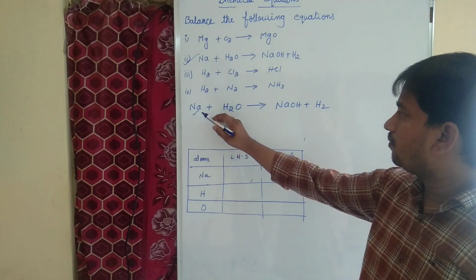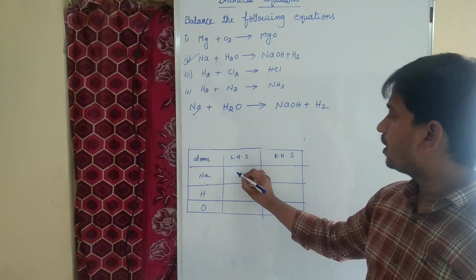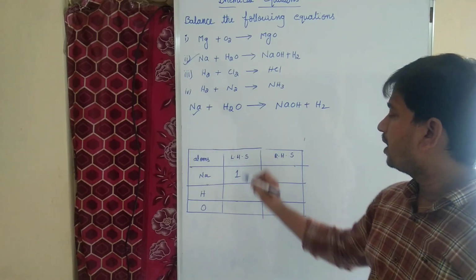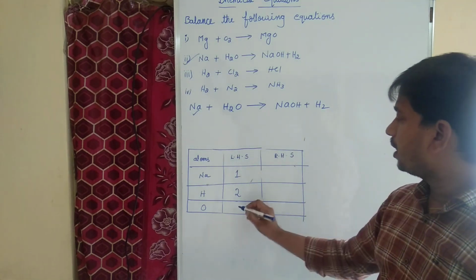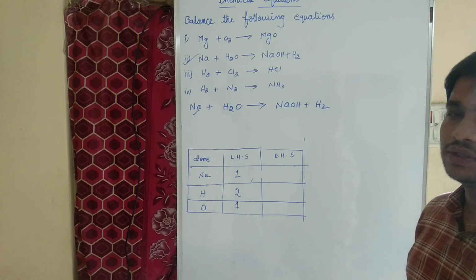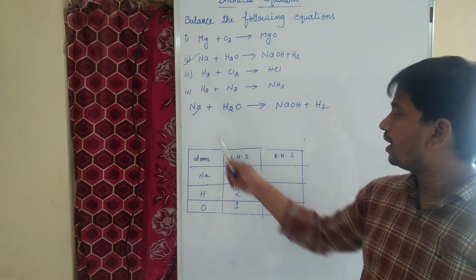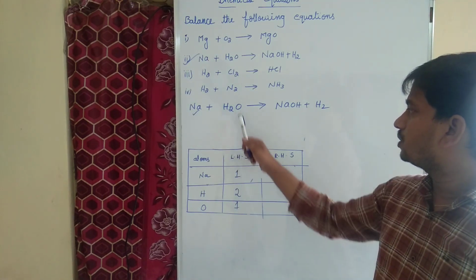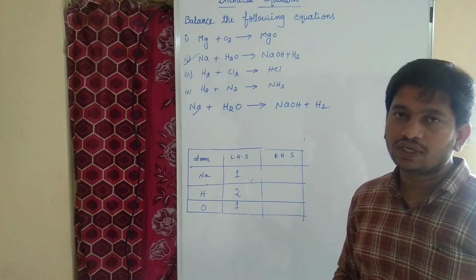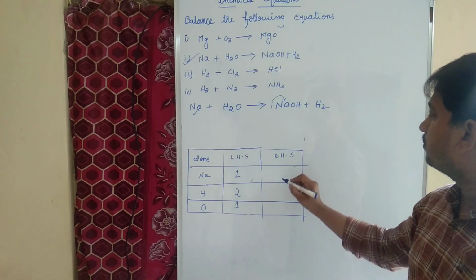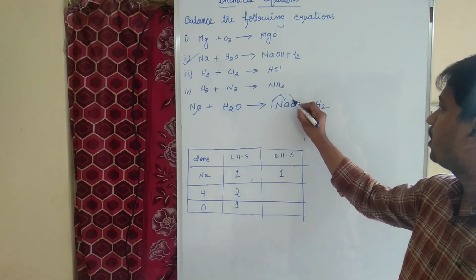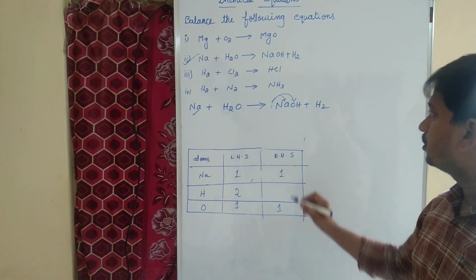Here we have one sodium atom. How many atoms of hydrogen? We have 2 atoms of hydrogen. How many atoms of oxygen? We have 1 atom of oxygen. So here 1 atom of sodium, 2 atoms of hydrogen, 1 atom of oxygen. Clear? Now coming to the right hand side, we have 1 atom of sodium, here 1 atom of oxygen,